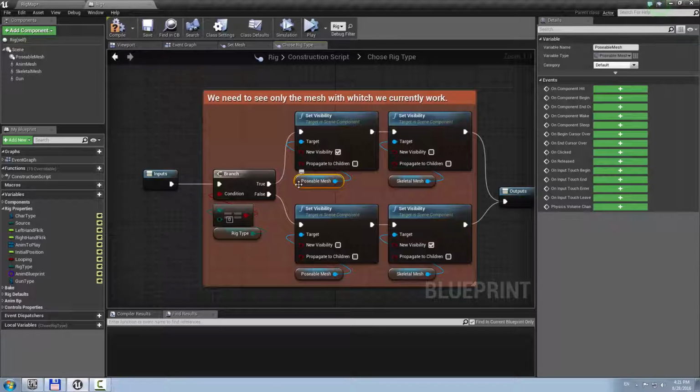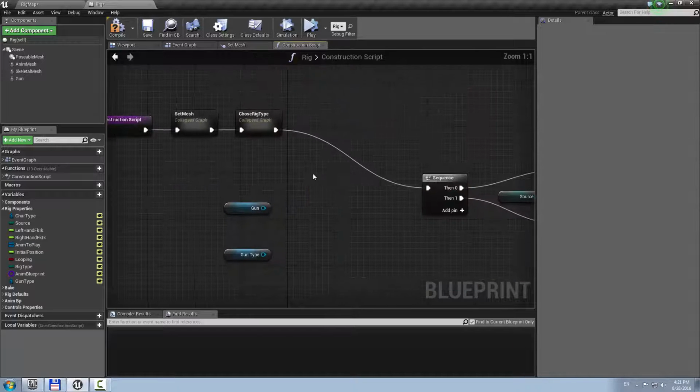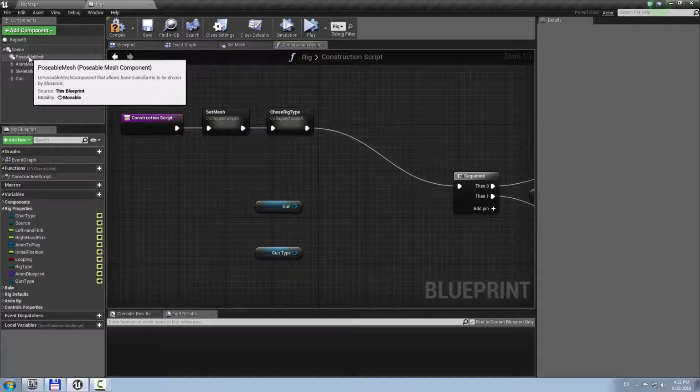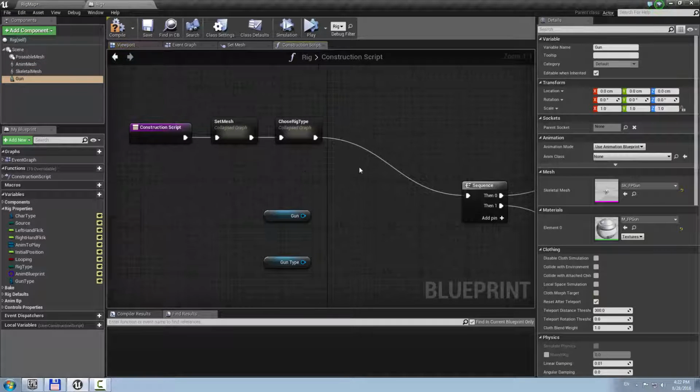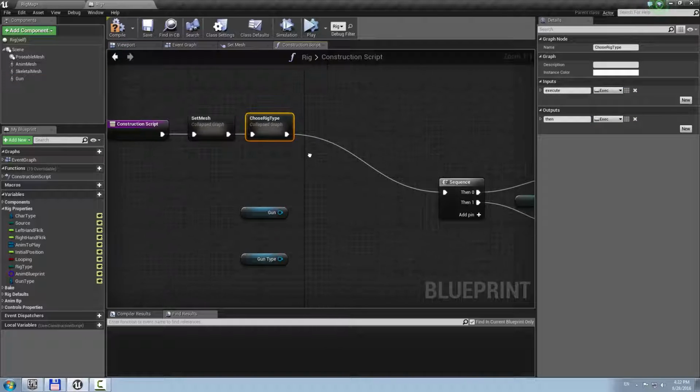I'm sorry, but who knows? It's also very comfortable to use this component, because you don't need to copy the animation assets, animation blueprints. Okay, I'm sorry. I need